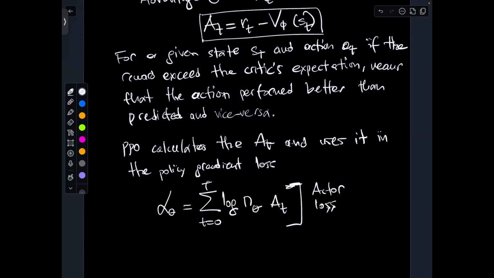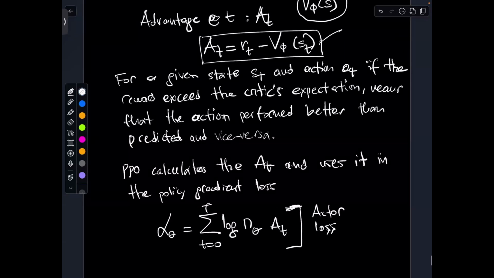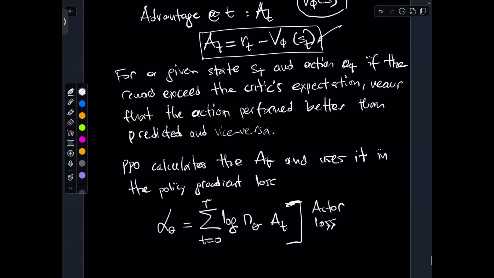Because this loss is actually used to define actions, therefore we are acting, while there's going to be another loss, which is associated with the estimation of the baseline, and this is obviously called the critic loss. Okay, so